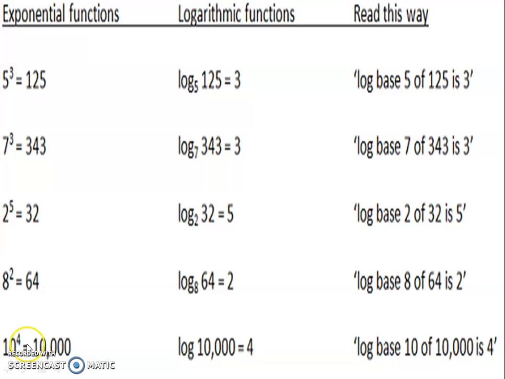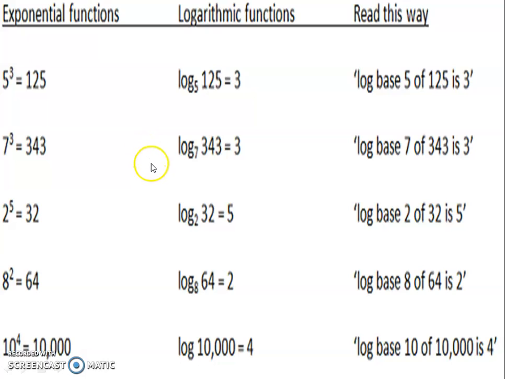Now a big number. Suppose we can do the logarithmic function of this number also. We know 10 squared is 100, but 10 raised to 4 is equal to 10,000. It should be converted into a logarithm. How? I use the word log to the base 10. Just as we revised, if the base is 10, then we should write only log. If you write 10, no matter. So I write log of 10,000, that is the answer, to the base 10 is equal to 4. So how do I read? Log base 10 of 10,000 is 4.